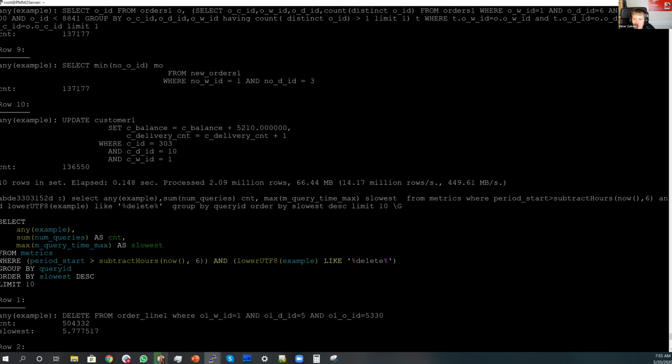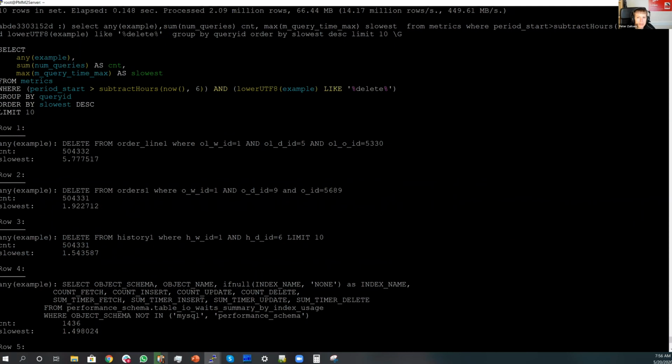So that is different from MySQL. So if you want to have case insensitive collation, then you would need to use the lowerUTF8 function, right, to bring it to lower case, and assume UTF-8 encoding for the query data, and then run the LIKE on that. In this case, I'm looking at all delete queries, and you can see that